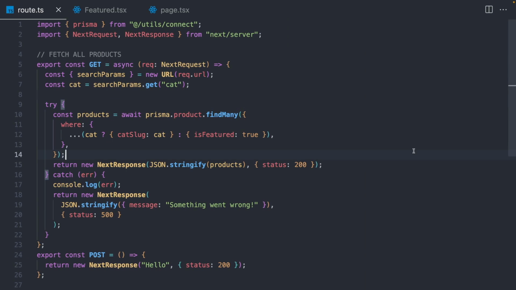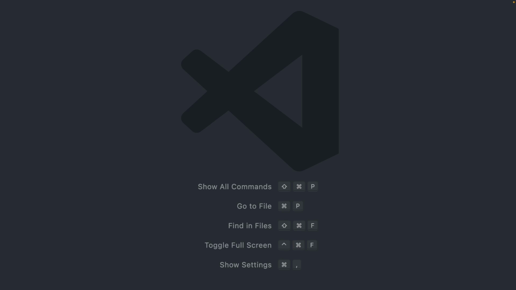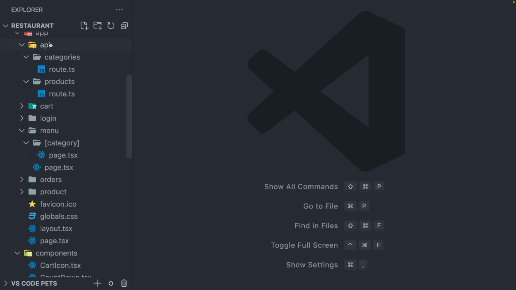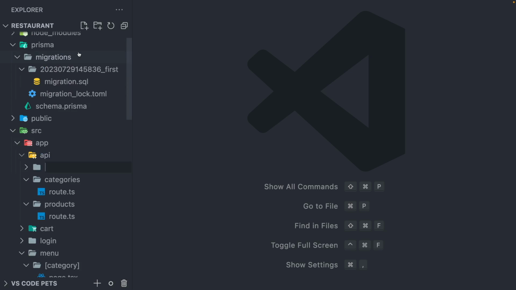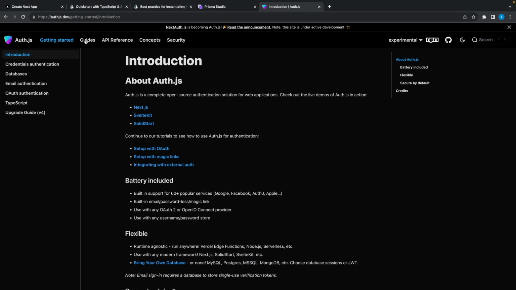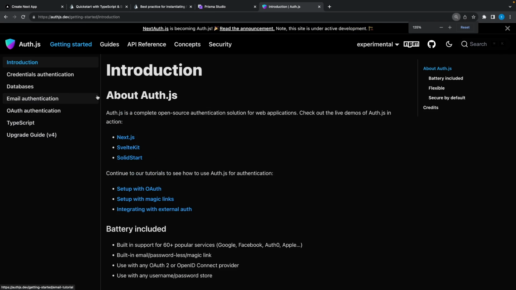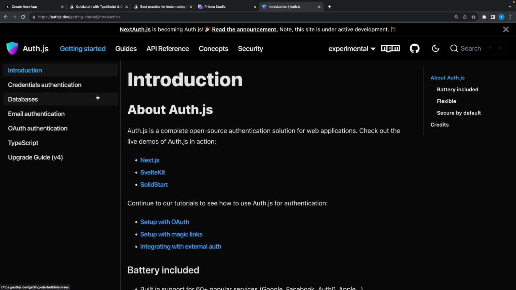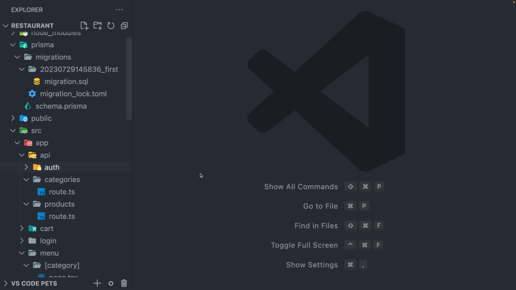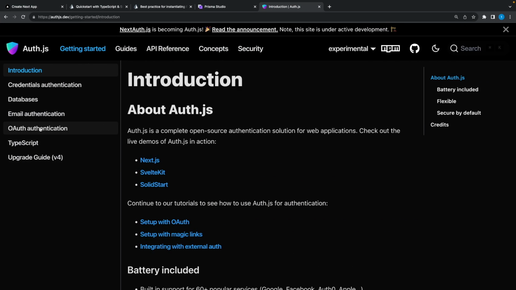I'm gonna come here, close everything. I'm gonna open up my menu and create a new API endpoint. And it's gonna be auth. And right now we are gonna be use Auth.js. Let me zoom in. If you remember my Next.js video, we should create another folder inside auth folder. And let's open up